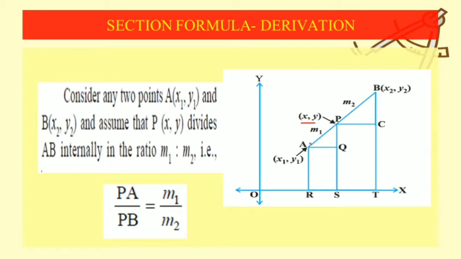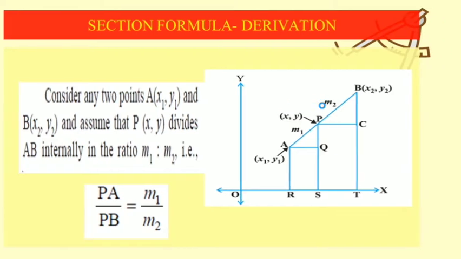Now, as we have discussed, when we divide the length of AP by PB, we will get a certain ratio, and that ratio is denoted by m1 upon m2. We can see here in this box PA upon PB is equal to m1 upon m2. So what is the information? We have the coordinate for A, we have the coordinate for B, we know the ratio in which this point P divides AB. Then with the help of all this we have to find the coordinates for P, that is x comma y. So let me see this derivation.